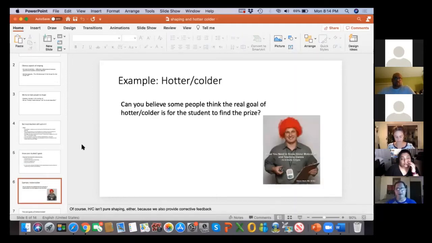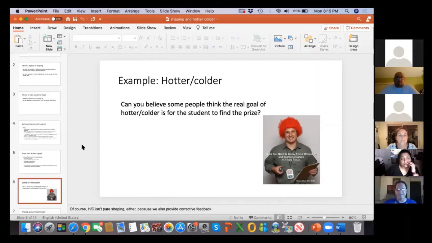Okay, in the example of hot or colder, you guys are familiar with the game from childhood, I assume. You're getting hotter, you're getting colder. Boy, you're really hot. When I teach the game, especially for kids who aren't very fluent with language, I usually use the words yes and no instead of hotter and colder. I do that because I want the word yes to function as a conditioned reinforcer in a variety of contexts. And I want the word no not to be so aversive. It's just information. Like, well, no, it's not over there. It's over somewhere else. You should look somewhere else if I say no, instead of getting very upset because I said no. So I use it for all of those kind of things.